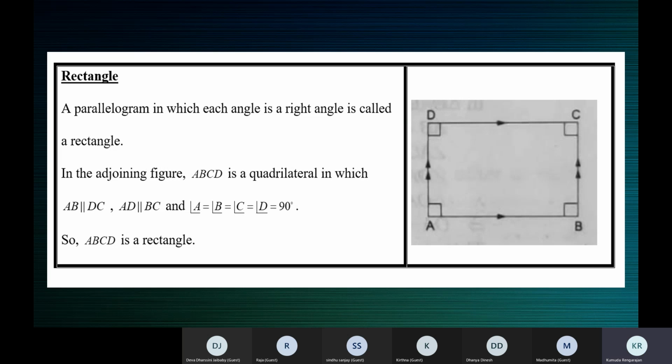So a rectangle is a parallelogram in which all the angles are right angles, but even better, you can say a parallelogram in which one angle is a right angle, because if one angle is a right angle, all the others also will be. Right angle meaning 90 degrees. In a rectangle, diagonals are equal. They bisect each other, because it's a parallelogram, but not at right angles.